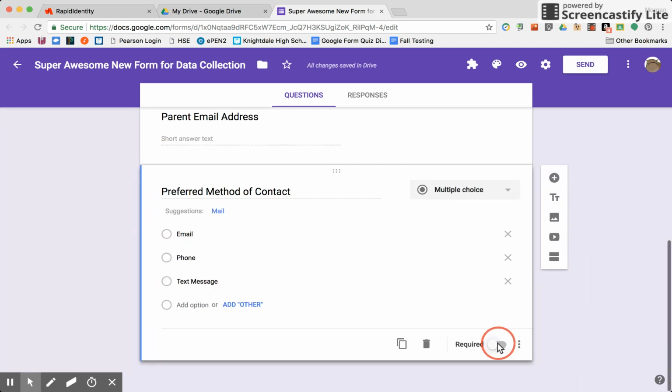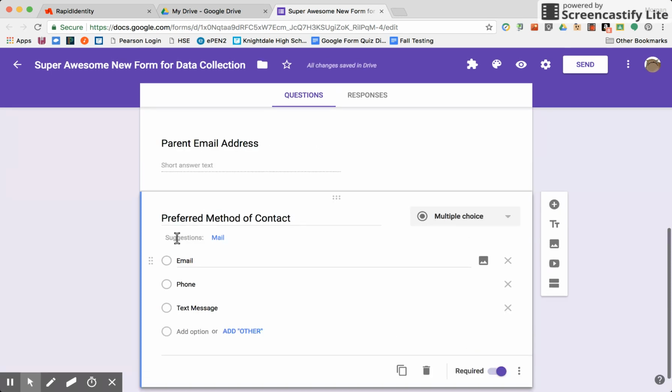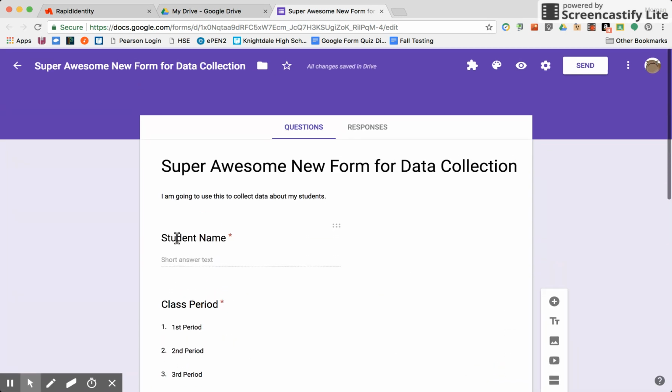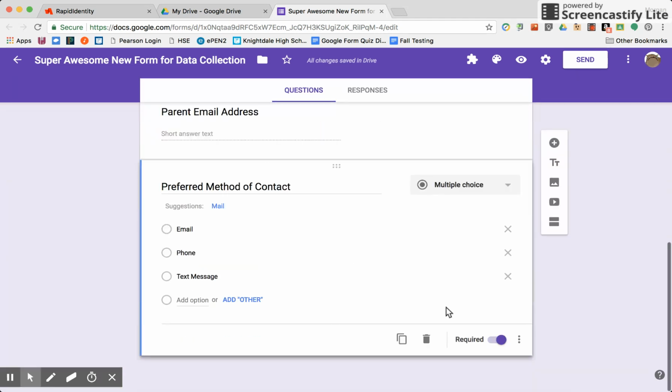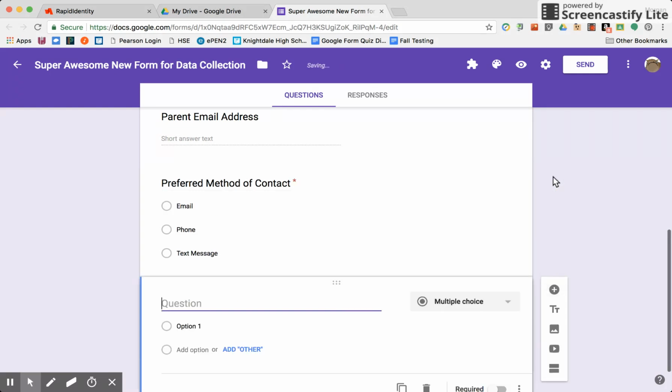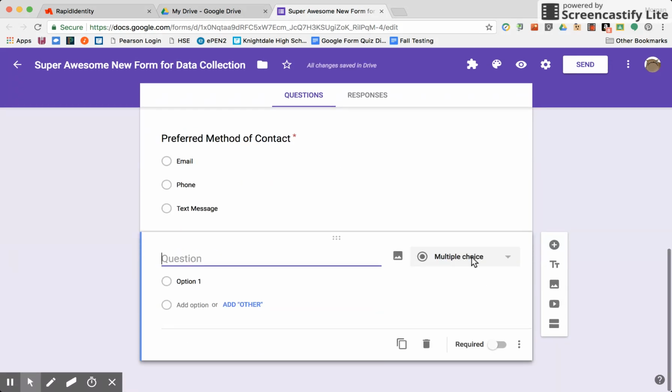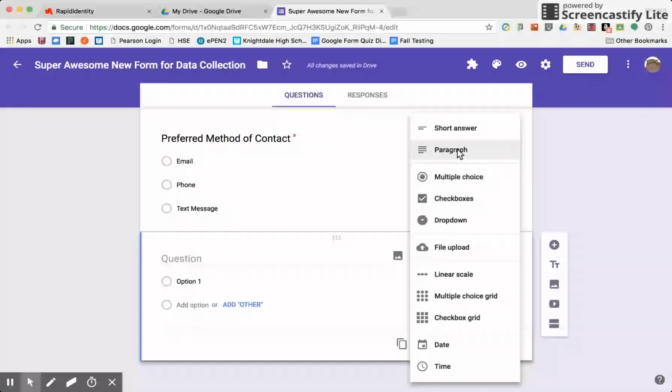And then I'm going to make that one required because it's good to know how they want to be contacted. So these are just some basic question types that you can use if you're just using this for straight data collection. Some of the other question types in here, you've of course got multiple choice. You can have a longer text box for answers if you need them to type more than just a couple